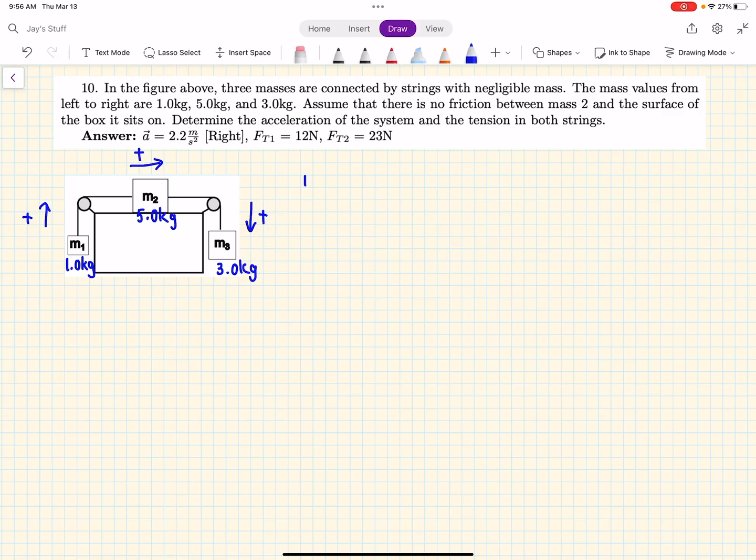So a good step one here is to do free body diagrams for each mass. Ultimately, it's asking us to find the acceleration of the whole system and the tension in both strings, okay? And we're going to have an approach for that. But first, you want to identify all the forces that are involved, and the best way to do that is free body diagrams. So we'll look at M1,